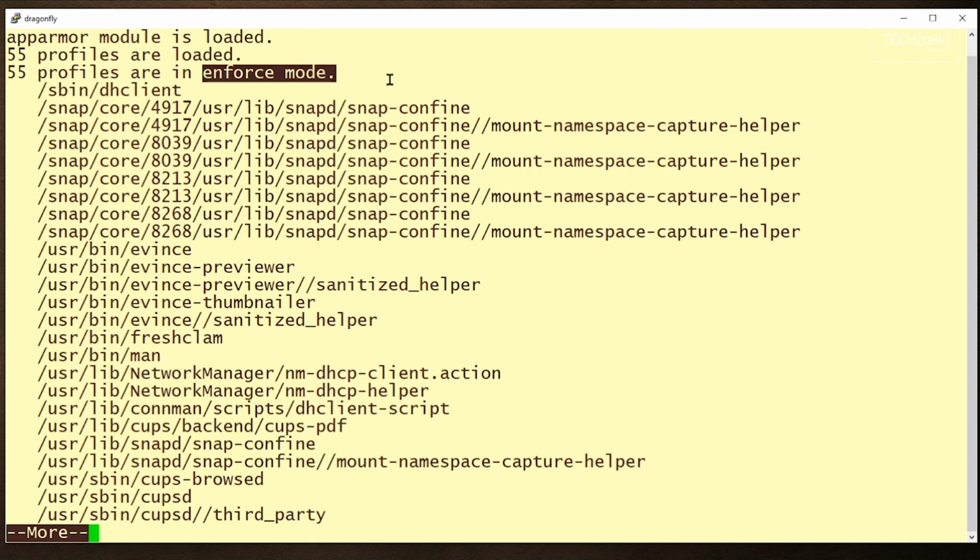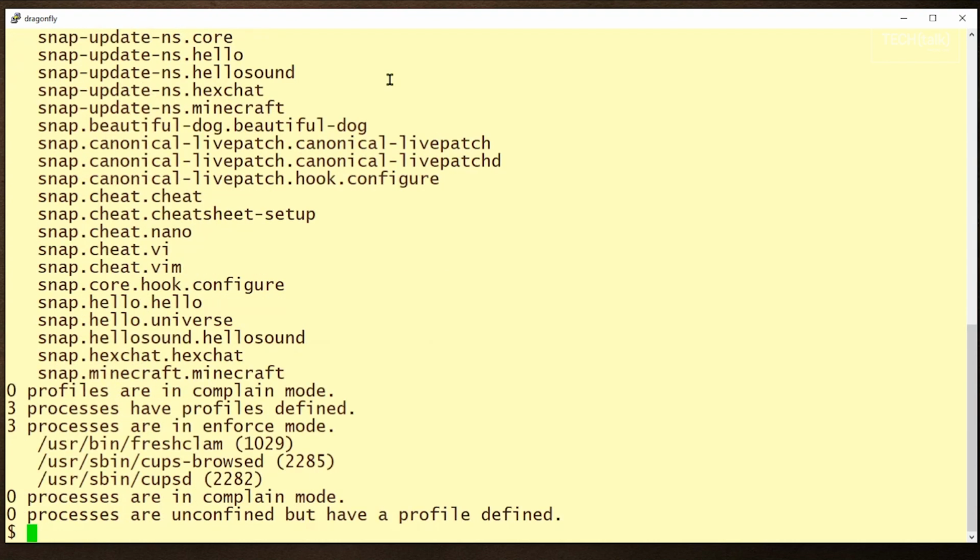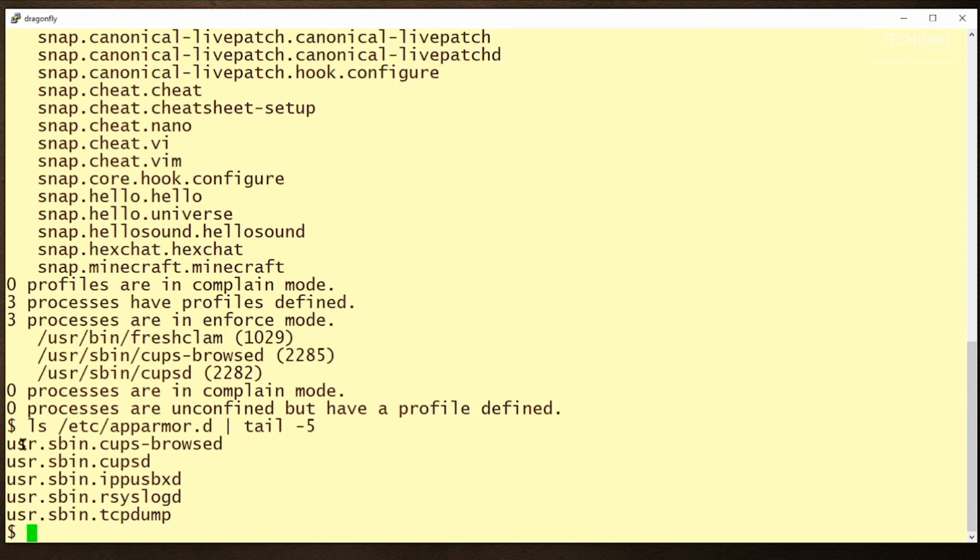The main point is that AppArmor restricts access to processes and applications that might otherwise be exploited, and it does this largely without requiring that you do anything to configure it, though application profiles stored in the /etc/apparmor.d directory can be modified as needed, and I'll just show you some of those. You notice that the names of these files here correspond to the locations of executables on the system.